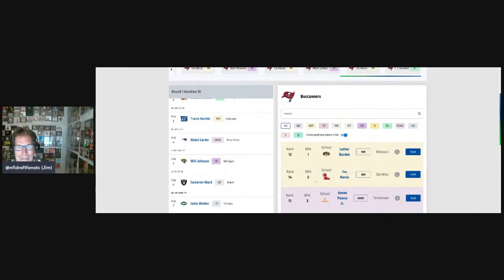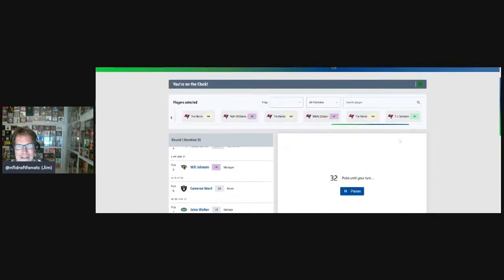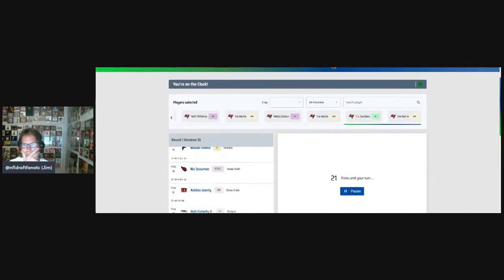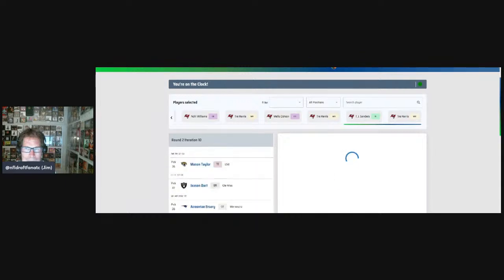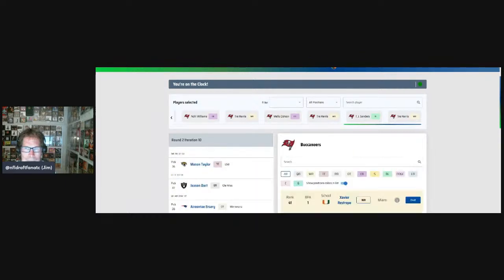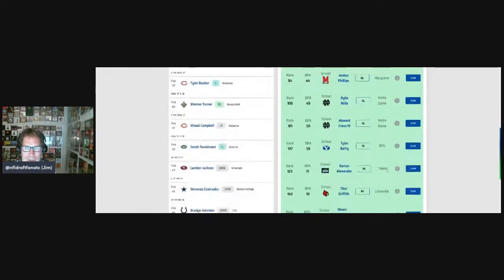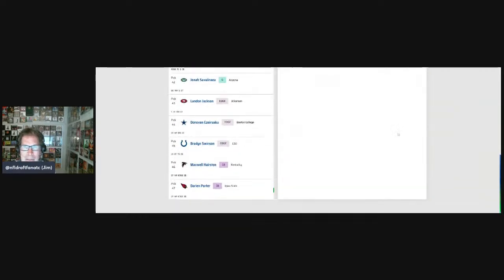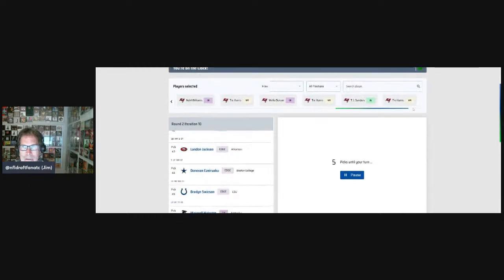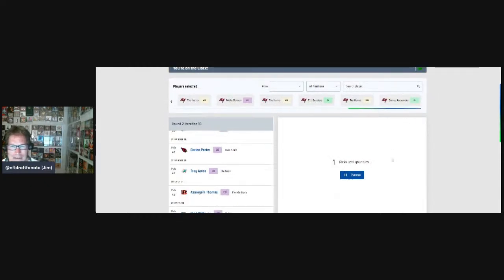Okay, so now Harris is not higher than Burden, but we will check this at the end. And let's look for, I see Darius Alexander there, bigger body defensive tackle. Okay, that should round that out.